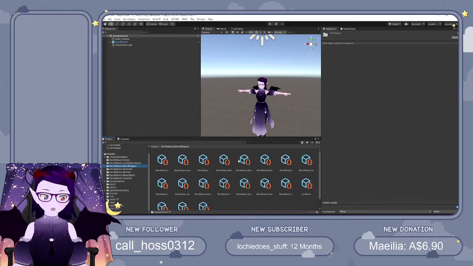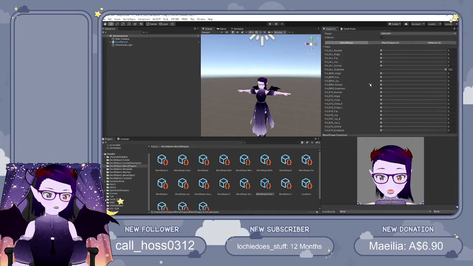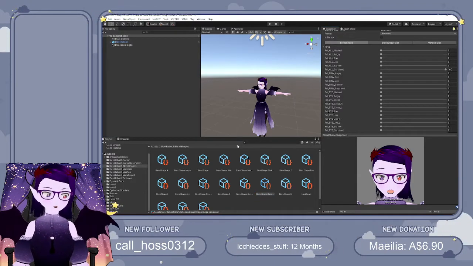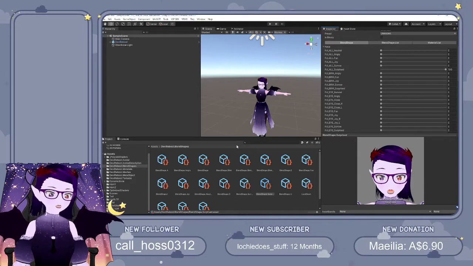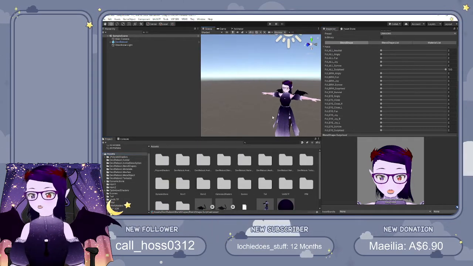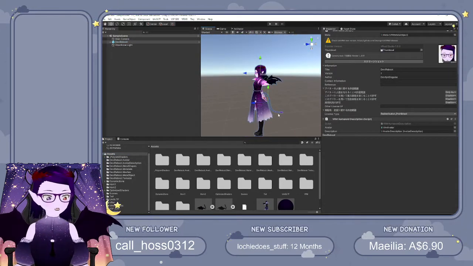Back before the Vroid release, I would edit my blend shapes through here. Just go face and then set it all up. Really neat, really cool. Now I can do that in Vroid Studio. Not too essential. But if you were to add wings, like these wings or the hidden tails that I have,